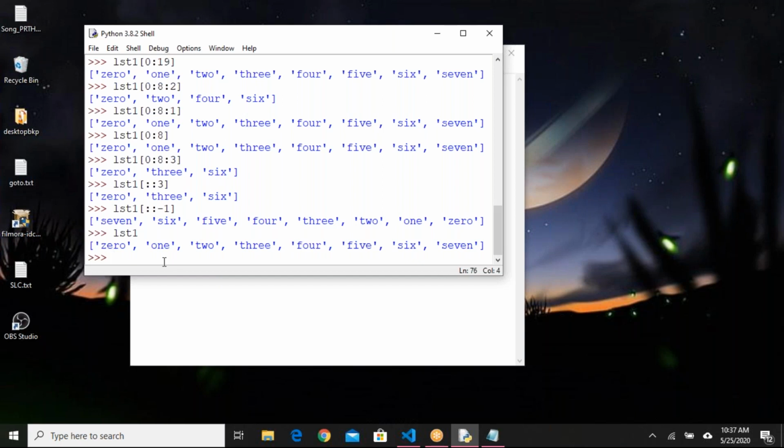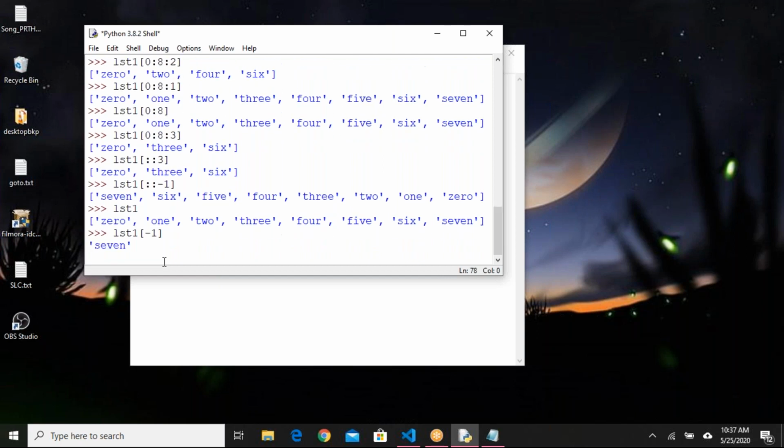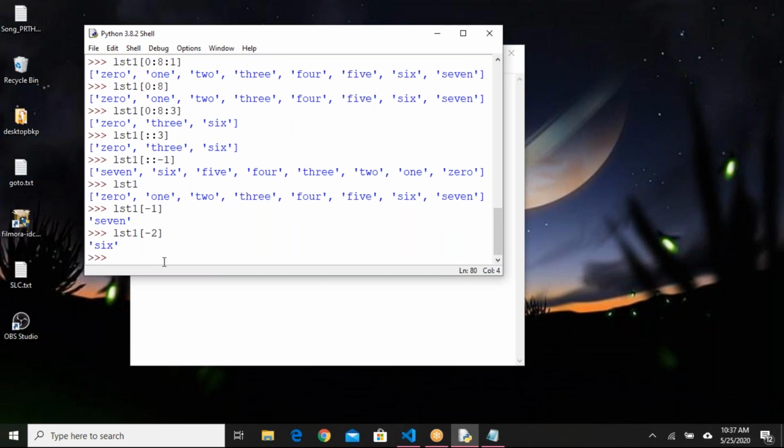So let us try to access with negative index. LST1 of -1, for example. -1 means the last element will be considered. LST1 of -2, the last but one element 6 is considered here. We have 8 elements here, so till -8 I can access.